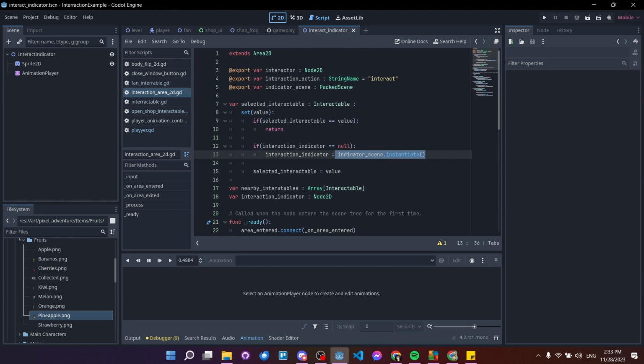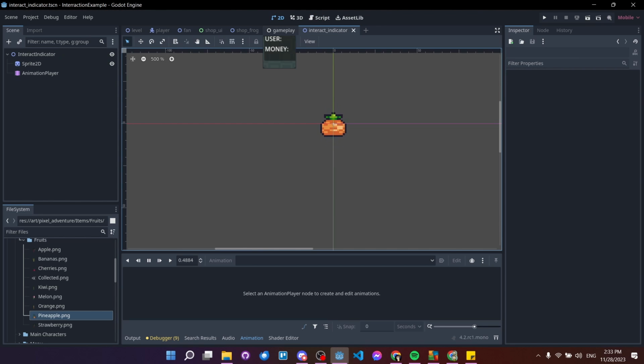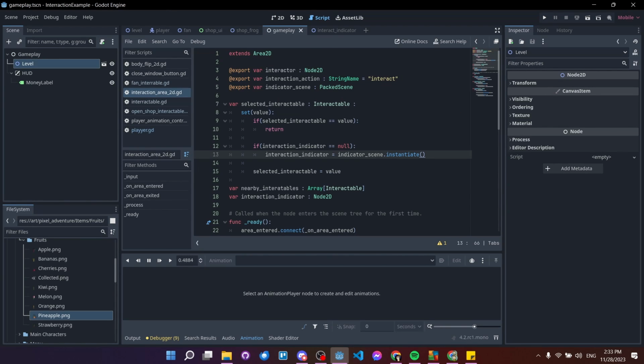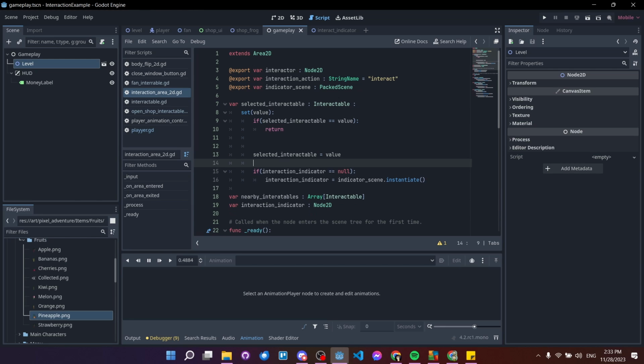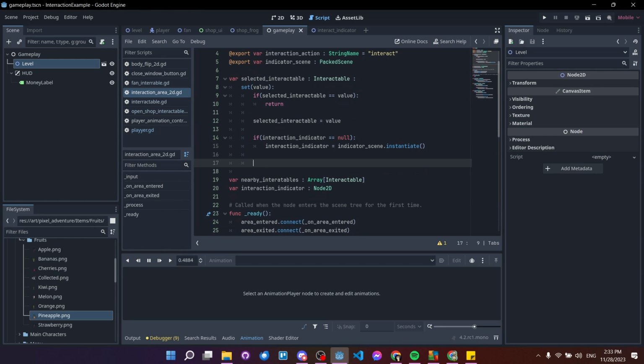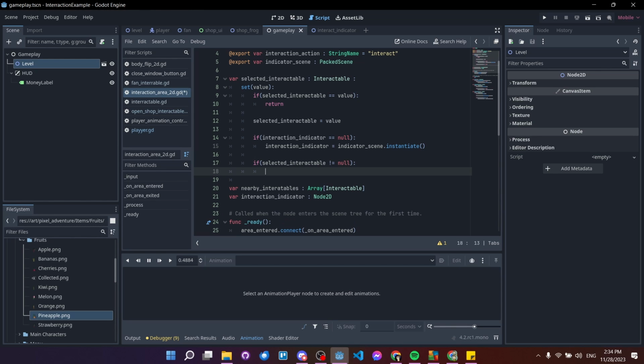That means this interaction scene, we're spawning that into the game world. And then we assign it to this variable. So now we need to add it as a child to whatever the selected interactable is. And for that, we need to move this down here below. So we know the new selected interactable. Okay, and so we'll say if selected interactable does not equal null, then we're going to assign it to that